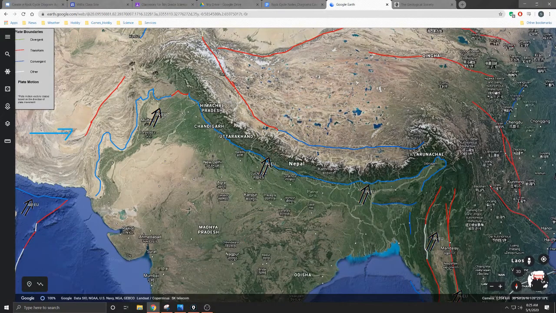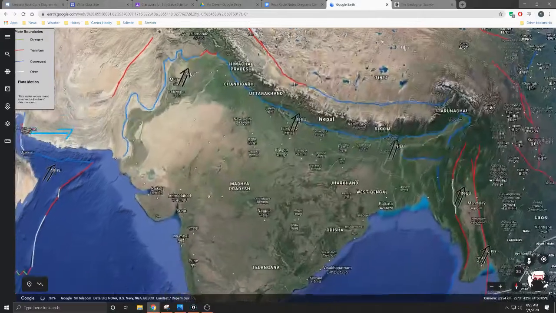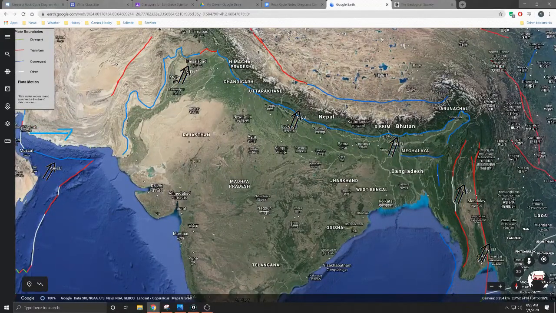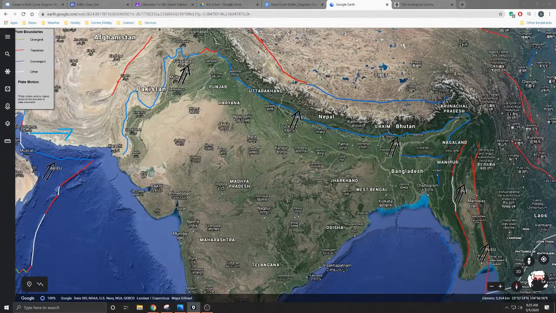And what we have in this location is movement of the Indian subcontinent, and it is moving towards the Eurasian plate that we have up here. So we're getting what we consider a converging boundary, right? This plate is smashing into this plate, and we're getting a huge amount of uplift along this range right here. This movement is still continuing to this day. This is one of the most geologically active areas on the planet. So that is certainly evidence that these things are taking place.